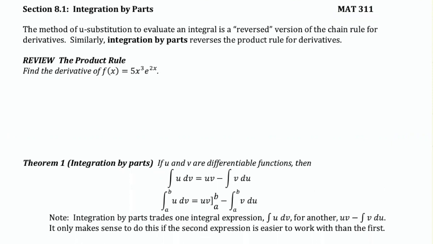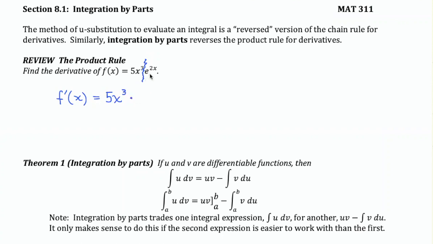In order to find the derivative of f of x equals 5x cubed e to the 2x, you want to, first of all, envision your function as being made up of a product of two individual functions. And usually we don't worry about the constant, just let it hang out with whatever's there, but split between the two major functions. Then when you take the derivative, you keep the first function as is. So my 5x cubed stays 5x cubed